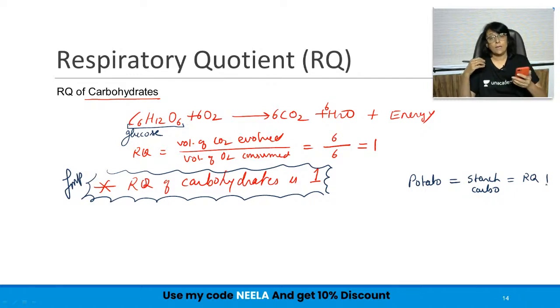Simple. So the question which can be asked is, what is the RQ of carbohydrate? Straight question. Or the question can be twisted by giving you the substance that you're eating or the food product which you're eating. So this way, two concepts are evaluated. One, do you know whether potato has starch and starch is carbohydrate? This is one part. And two, do you know that carbohydrates have RQ as 1? So there are two concepts which are checked in this particular type of question. Now let us come to the next one,